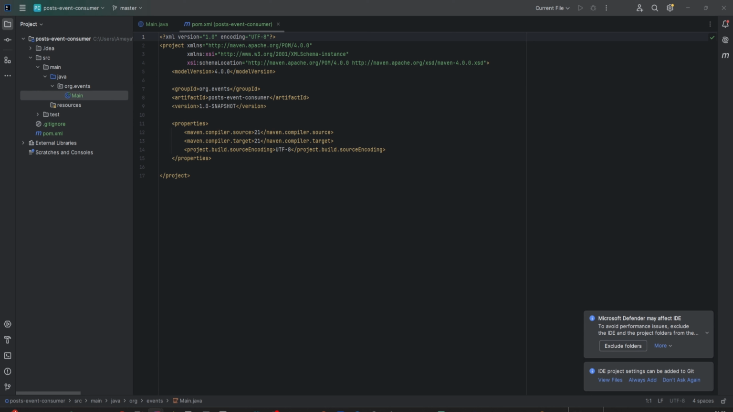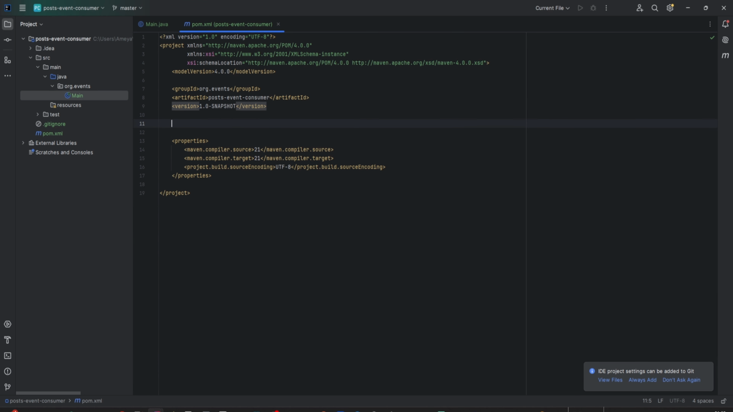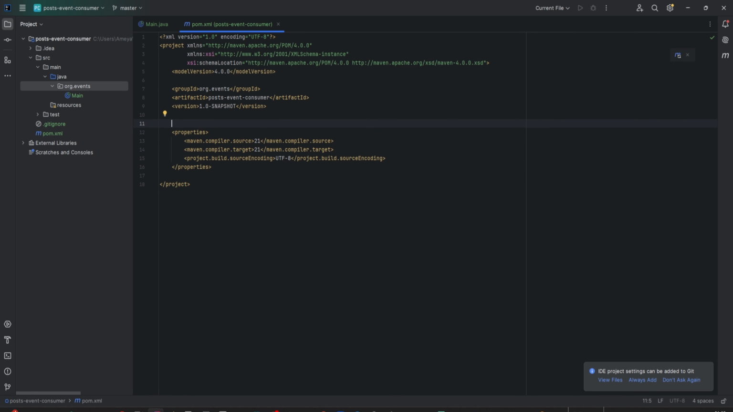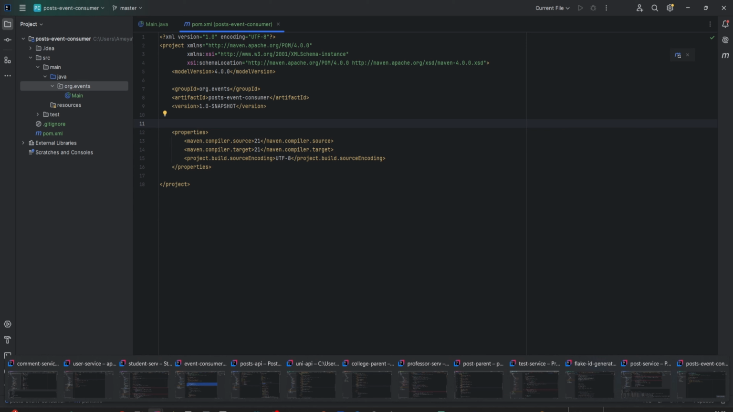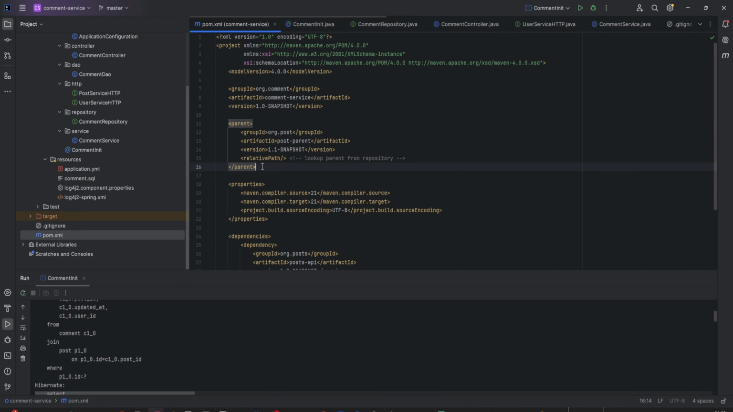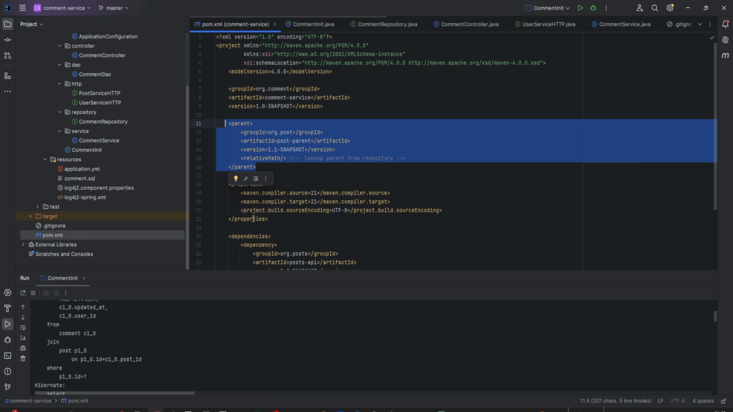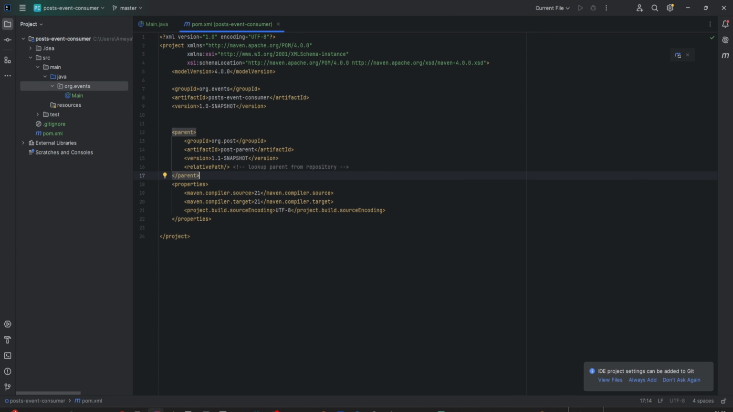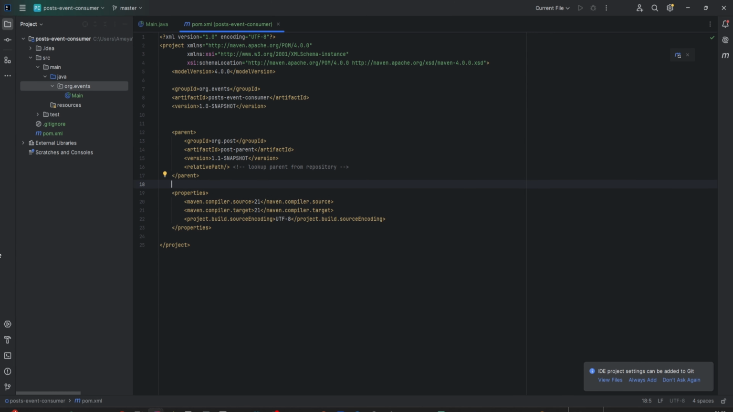And this needs a parent, which will be similar to the college parent, so I'm just taking it from the existing project. And wait a minute, not this one, this will be a post parent. Okay, and